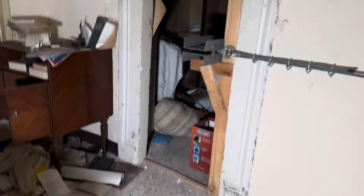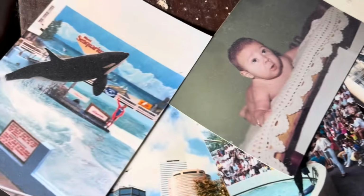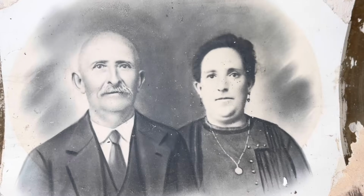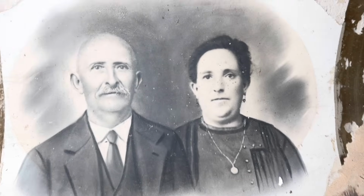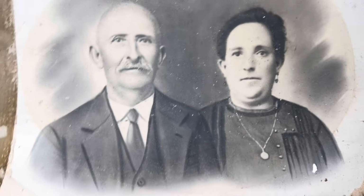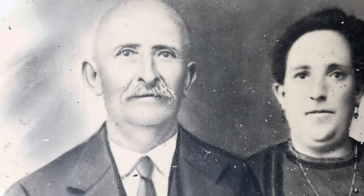Wow, look what I found. For a start, like new photos. Like SeaWorld somewhere. Seaquarium. I don't know where that is. But then look at that. Look at them, they're a right couple. He looks drawn, but she looks like a photo. It's like they rubbed him out and started again. It's very strange, that. I like it, but definitely she looks like a photo, and definitely he looks like a